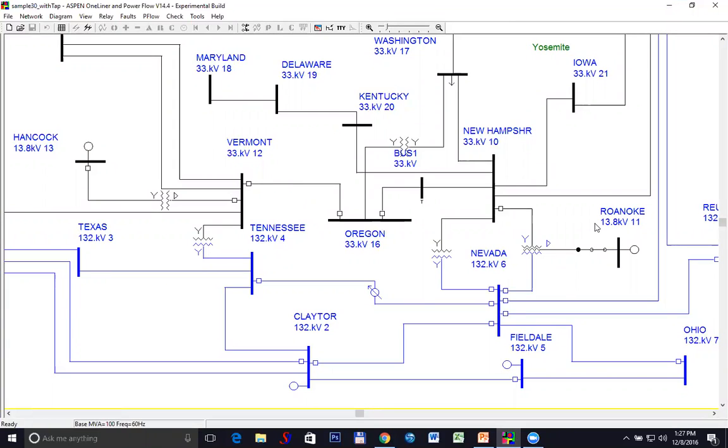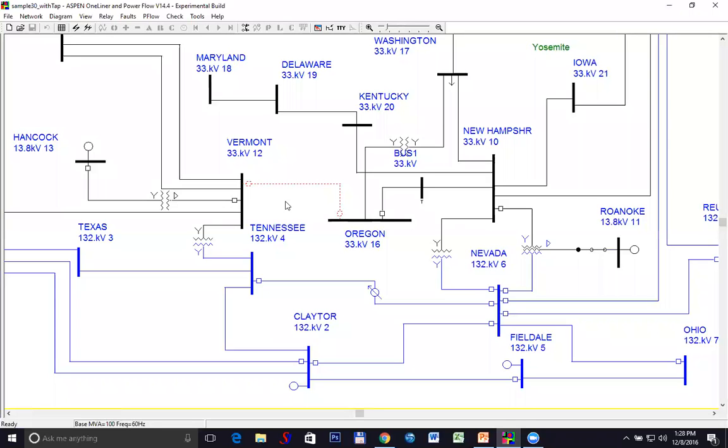And I have tweaked it a little bit to just make it interesting. The line that I will be looking at is this one near the middle of the screen that I just highlighted. And one end of it is Vermont, 33 kV, and the other end is Oregon, 33 kV. Obviously a very long line. So I'm going to ask the program to check these, okay?